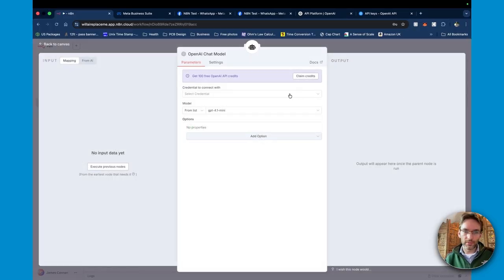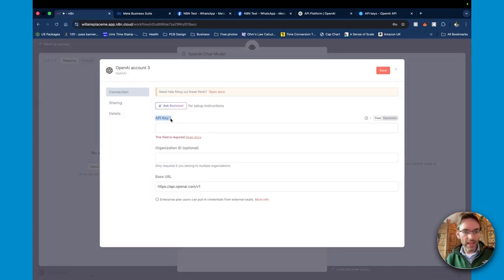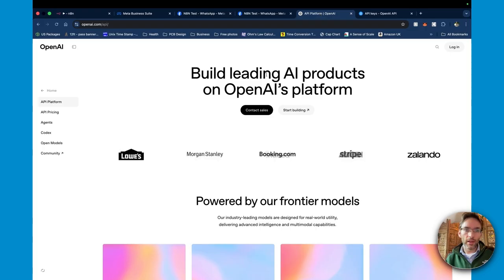So click on that. And here again, you also need to set up your own credentials. You can claim free credits to test this out, but I'm going to skip that because I already have an API account and everything, so I'm quite happy to use that for the moment. So go down and create new credentials. Now here we need an API key. So now you have to go over to the